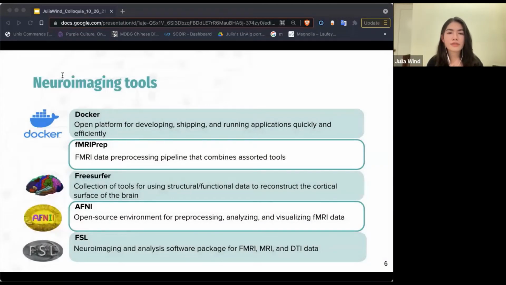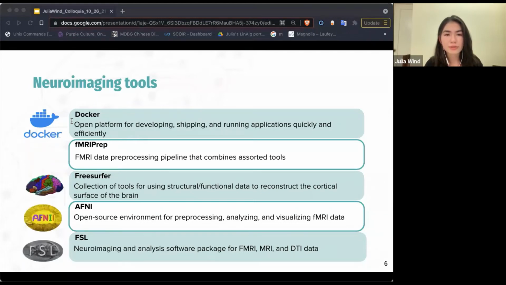We require different tools and platforms to pre-process, analyze, and run applications for fMRI data. For our research, we have decided to utilize fMRI Prep, an overarching fMRI data preprocessing pipeline that uses assorted tools from additional software, such as FreeSurfer, AFNI, and FSL. fMRI Prep follows a glass box philosophy, providing detailed visualization and documentation with each preprocessing step. Because fMRI Prep combines all the best neuroimaging tools into one platform, it is easy to use and makes it